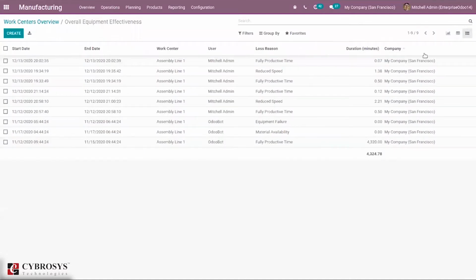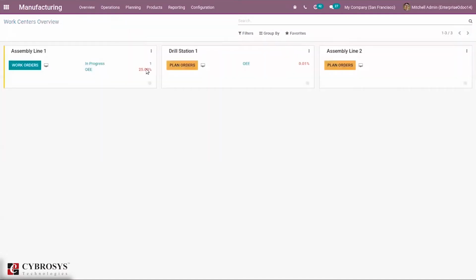It is calculated by taking the total fully productive time, dividing it by the overall equipment time, that is 4324.78, and then multiplying by 100 to get a percentage. So that is our overall equipment effectiveness.